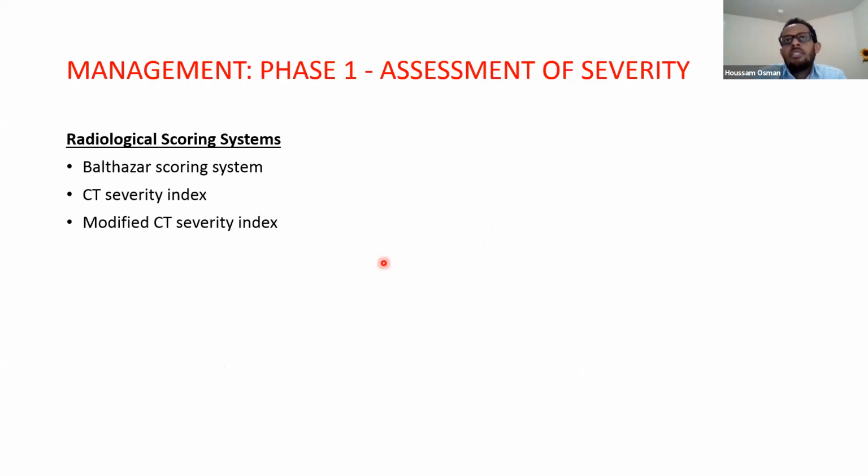Again, it depends on where you are and its radiological scoring system. To adopt this, you must have a CT scan available to do that readily. So again, it depends on the logistics support. It depends on the risk, what I call risk aversion. Meaning that